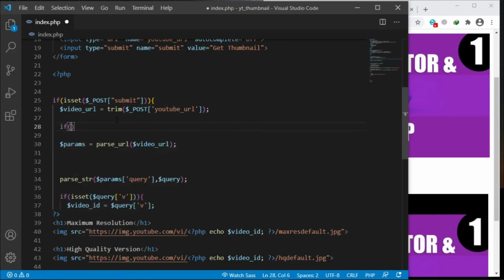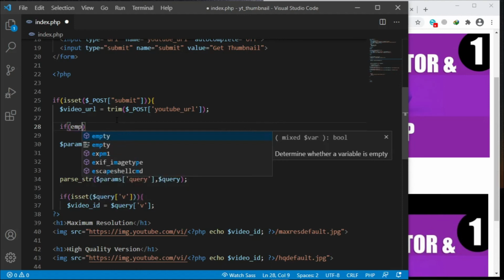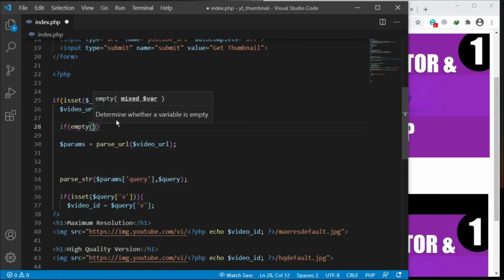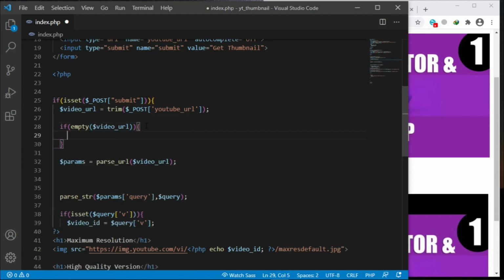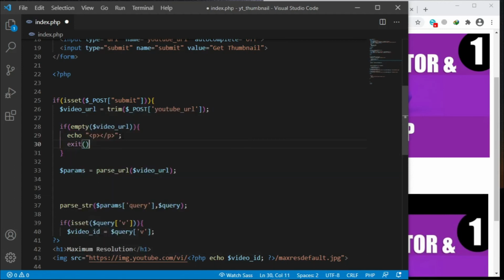So if empty, if this video URL is empty, if somebody has not put in anything, then we are going to echo out a paragraph, end it with a semicolon and exit so that you don't execute any code below it, and shall say